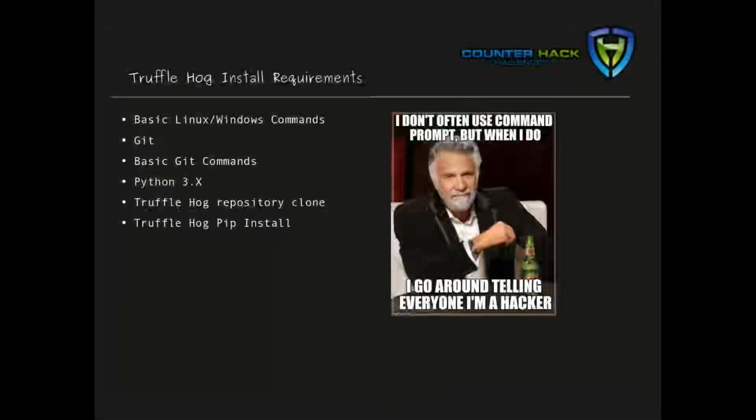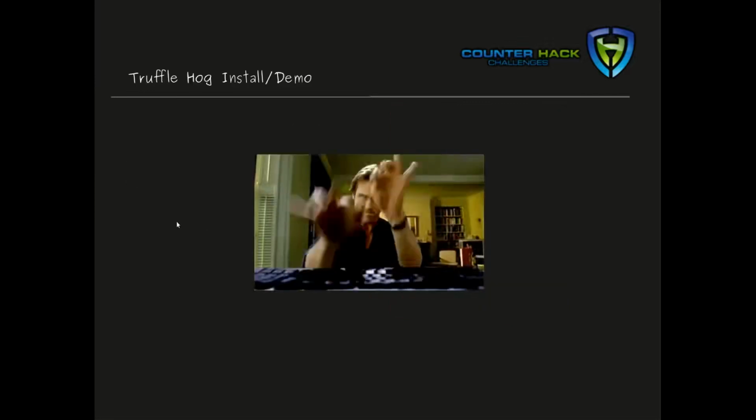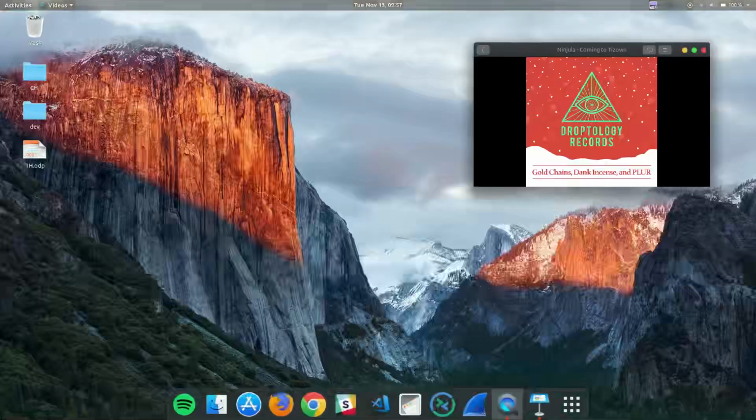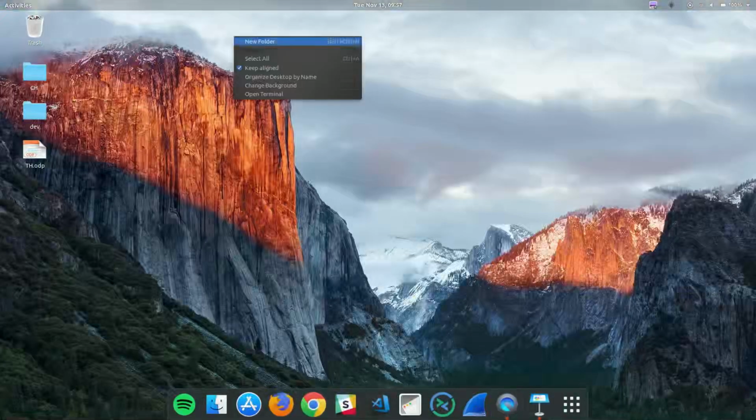We're then going to need to clone the repository to our local machine, and then run a pip install to install the Python script. Now I'm going to walk you through the installation process and provide a demonstration of TruffleHog in action against a sample repository. So the first thing we're going to need to do is open up a terminal,